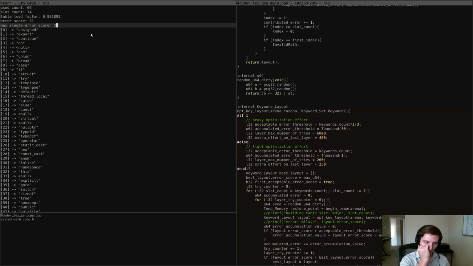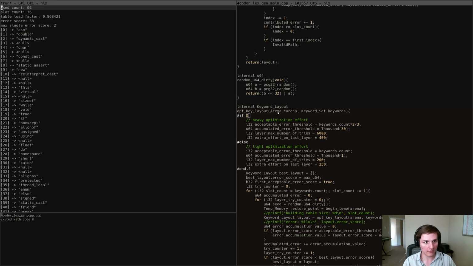I like that. So we've done the part where we can optimize the table. I'm now going to switch this to using light optimization effort for now, so we're not going to get quite as good of a result on all runs. Sometimes we'll luck out and get pretty similar results. But